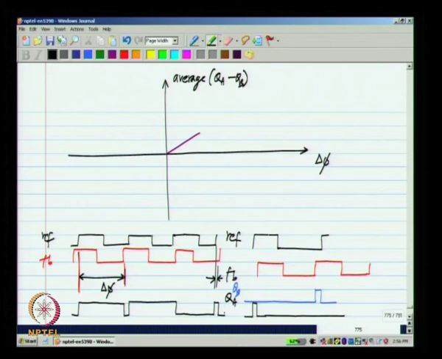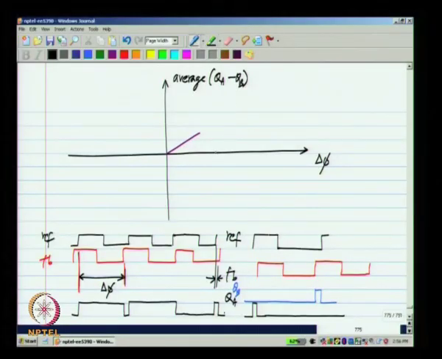Now, this is some inherent property of phase itself. If you have two signals and one of them is leading the other by 2 pi plus delta, it is the same as saying that the waveform is leading only by that delta. So, if you lead by 361 degrees, you are really leading only by 1 degree.